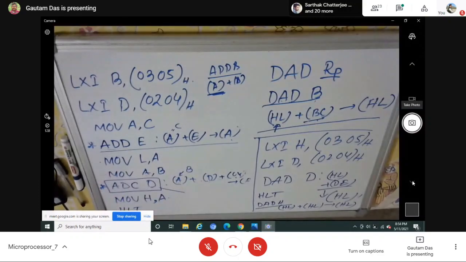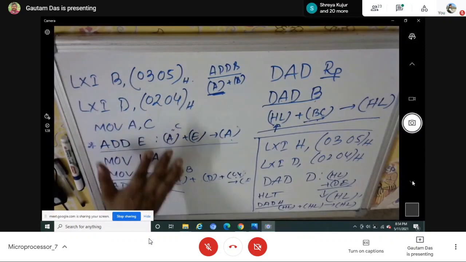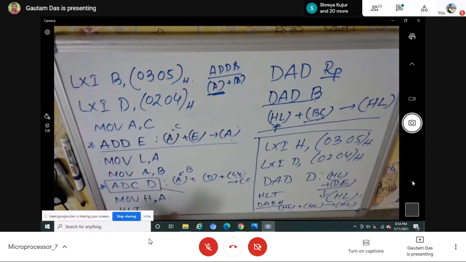The subtraction instruction I will discuss first. Then we write a program, just like I have written a program for addition of 16-bit data. This program you can also write for subtraction of 16-bit data. But as I have told you, there is a single instruction available for 16-bit addition. There may not be a single 16-bit subtraction instruction available, but you can write a program using 8-bit instructions.